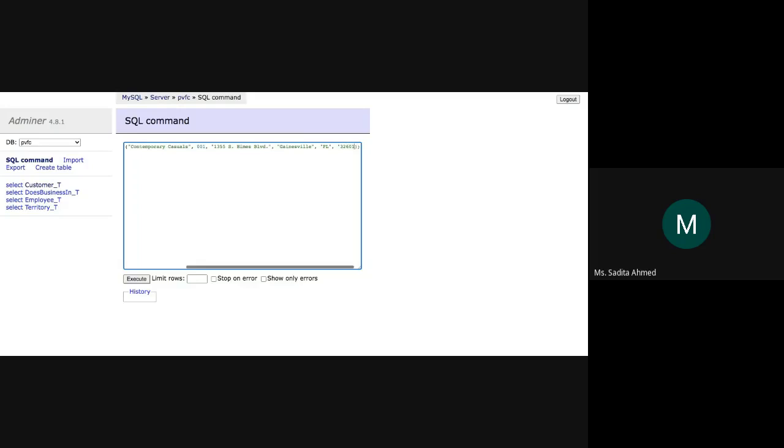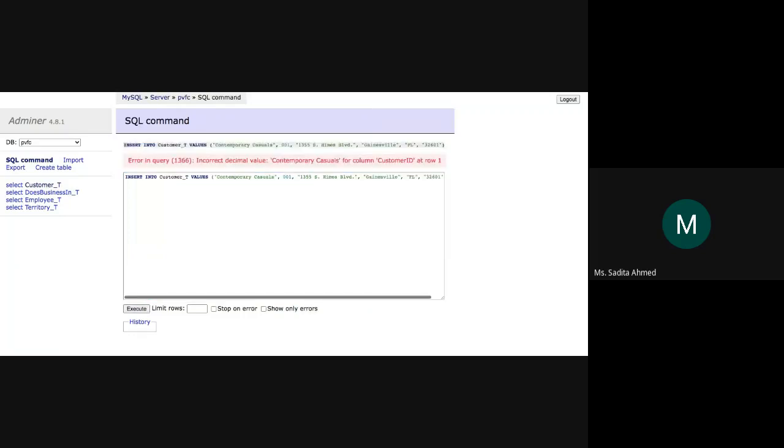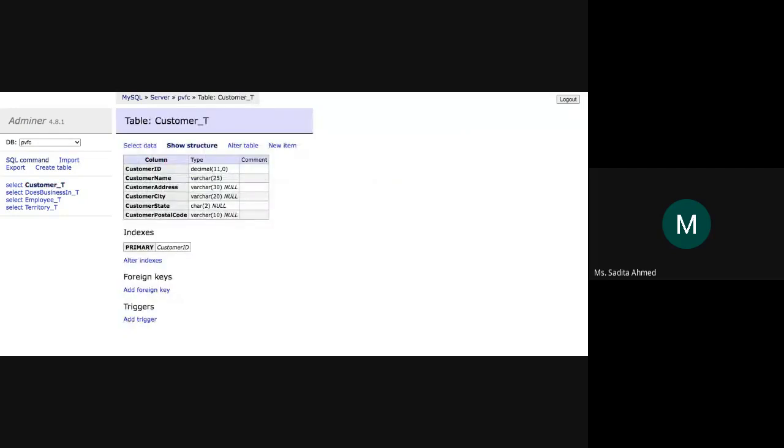Okay. So if we were to do something like this, notice what we changed. We brought the second value first and the first value second. Just sequence to change kore diyechi. See what happens. Doesn't work. Incorrect decimal values. Why? Because when you define the customer table, you put the customer ID first, and that has